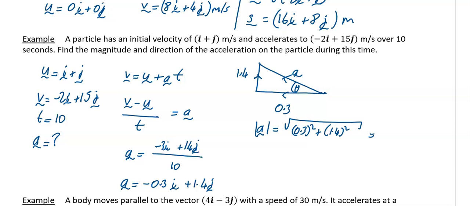I'm conscious I'm running out of space here. So 0.3 squared plus 1.4 squared, square root of all that. What it gives me, I'm just going to give this as a decimal, is 1.43 meters per second squared, and that's to 2 dp. And also I'll say tan of theta is equal to